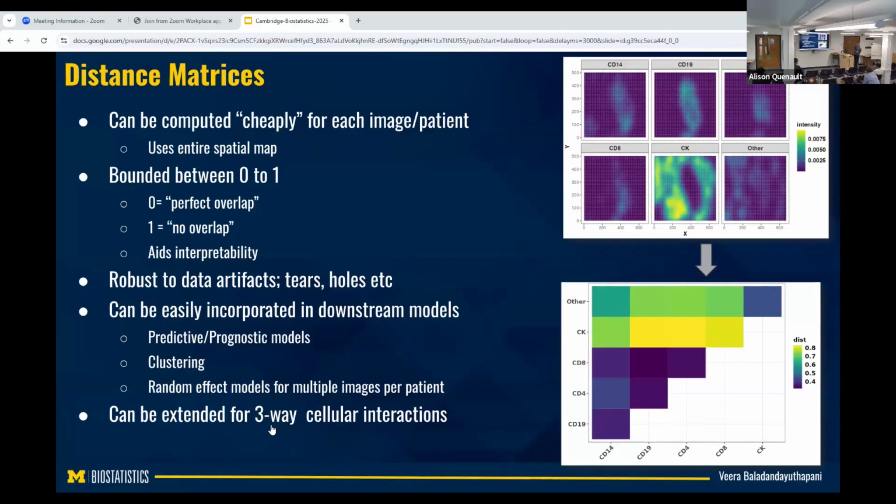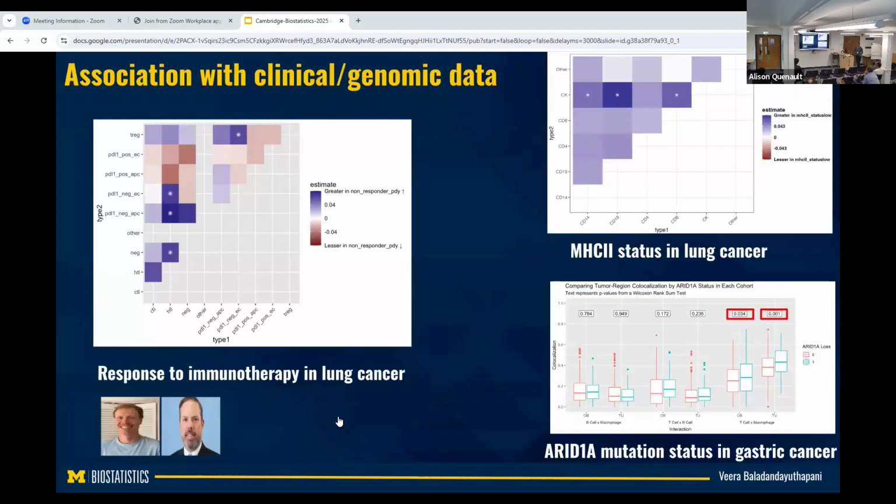So if I have my 3rd cell type, I can get at different quantiles of those densities, I can get different interactions. So I can look at parts of the tumor where the interactions might be different. It gets a little complicated interpretationally, but at least it can be extended if needed. But again, you have to know where to look, basically, for 3-way interactions.